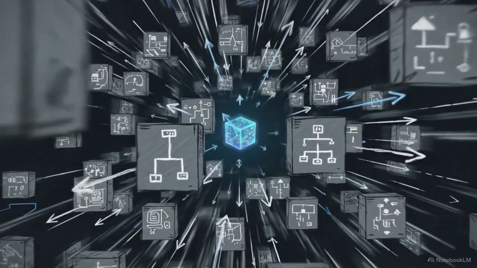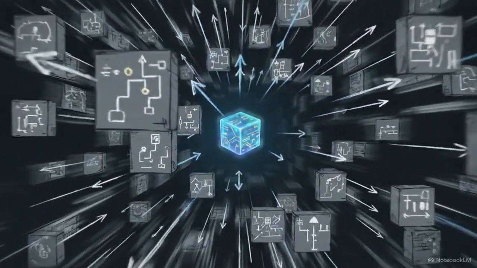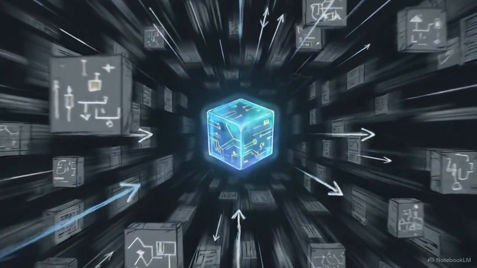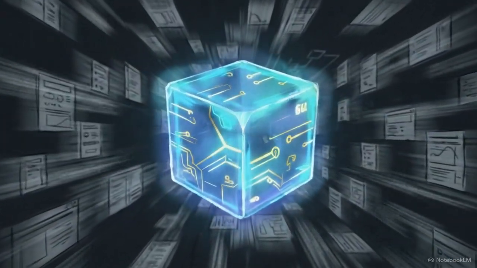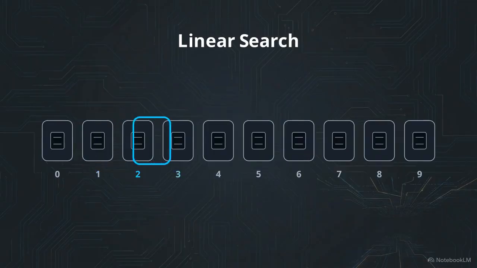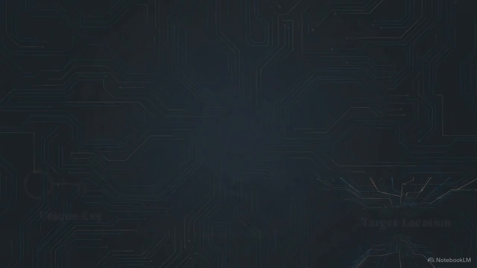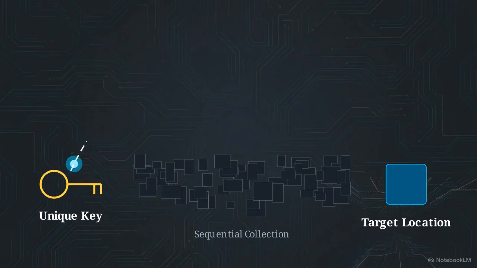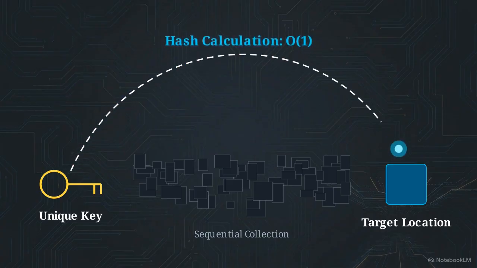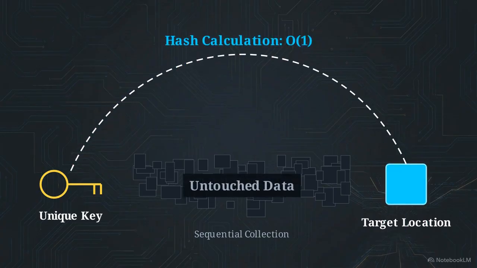In massive datasets, the primary challenge is the time required for data retrieval. When information is stored in a simple sequence, a computer must check every record one by one until it finds a match. A hash table is a data structure designed to bypass this sequential search. It uses unique keys to calculate a specific memory location, allowing the system to find data without looking through the